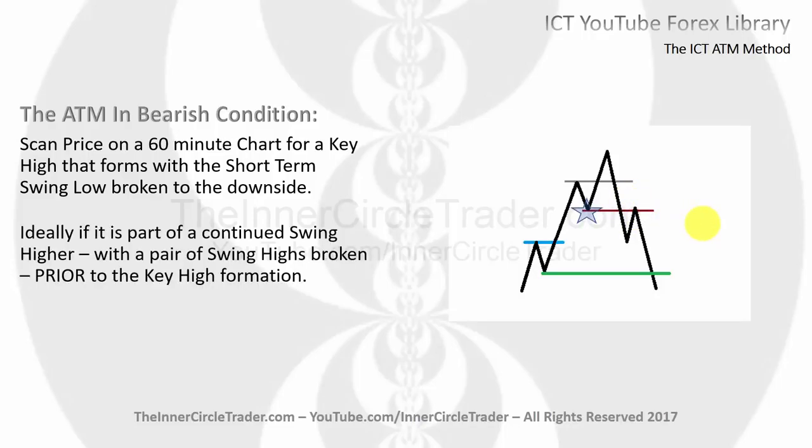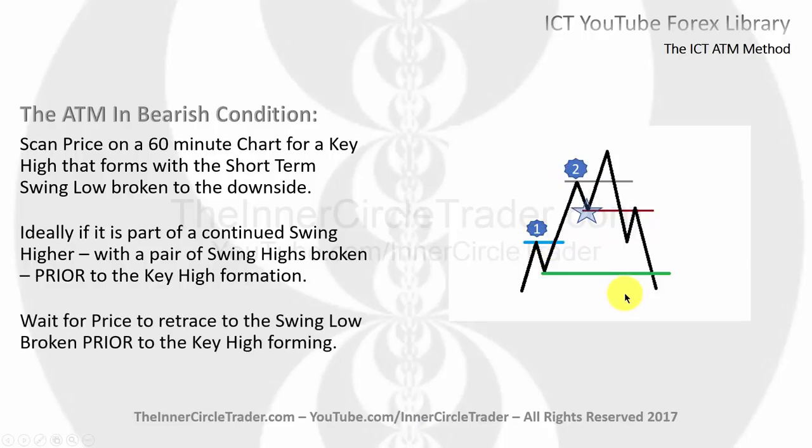Ideally, what makes this setup stronger is if this whole price swing is part of a two-stage move. In other words, we have a short-term high that's run out, and we have a short-term high here, and it runs out. Okay, so this move should ideally be the second move up, taking out a short-term high. That means we're pretty much overbought from a technical standpoint without the necessity of any indicators. So we're focusing again on this short-term low here, and it has to break below that. Again, part of a two-stage move higher,